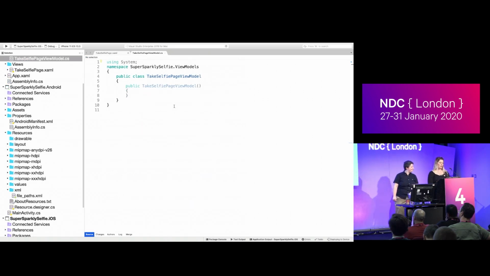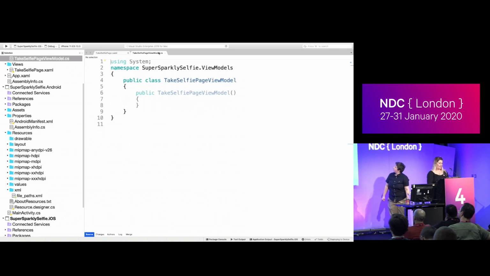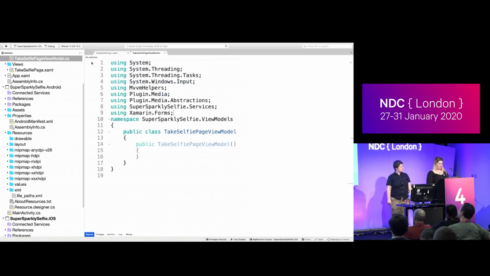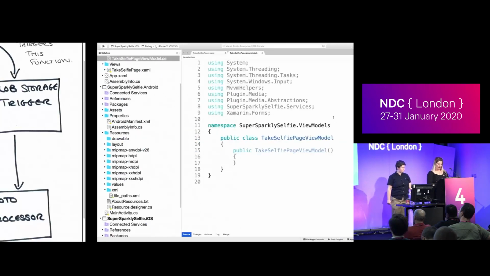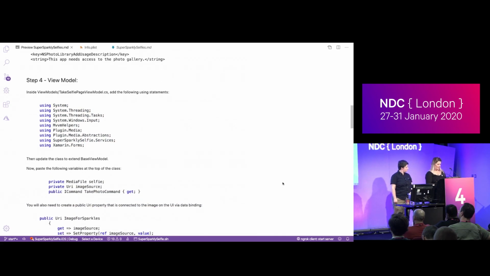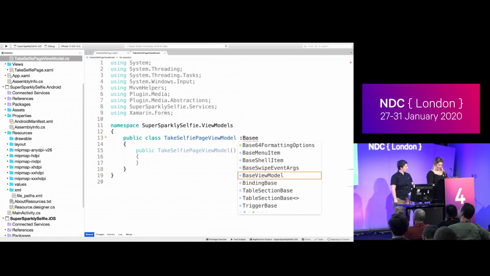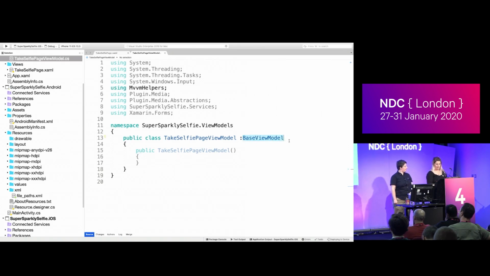All right, so I'm going to close these down. So this is the view model we want in. And let me just make that a fraction bigger. So we're going to put those using statements in there. And there, that's better. All right, so let's go. And this needs to extend the base view model. So let's do that. Yep, so base view model actually comes from a NuGet library that I already added